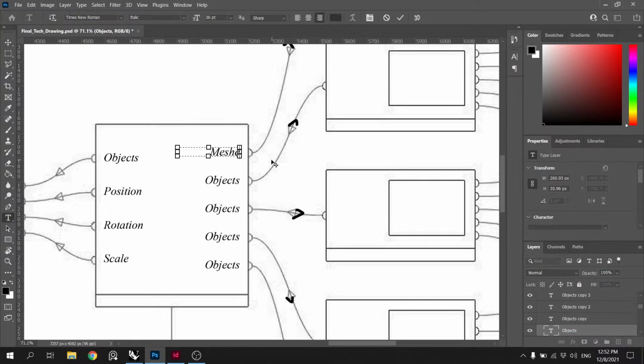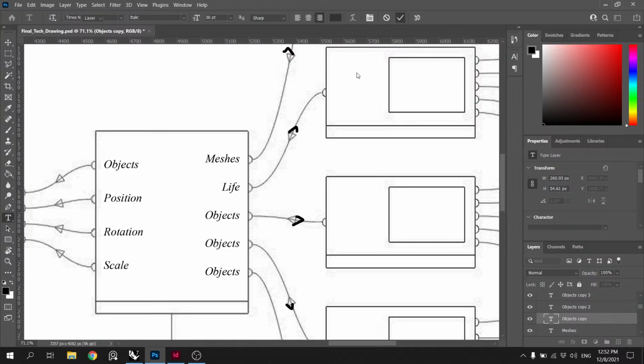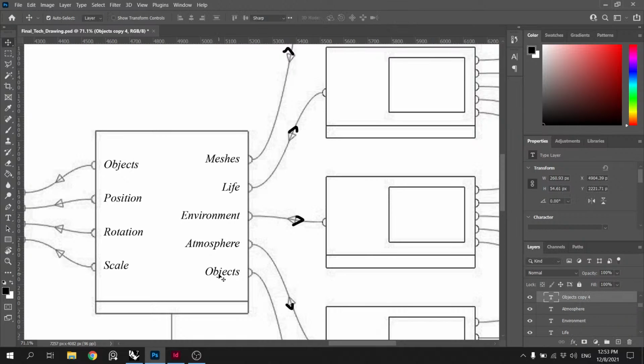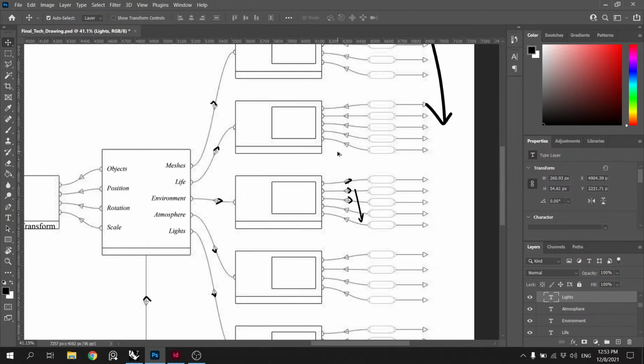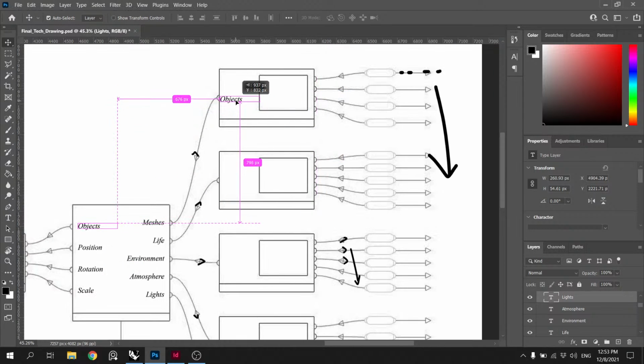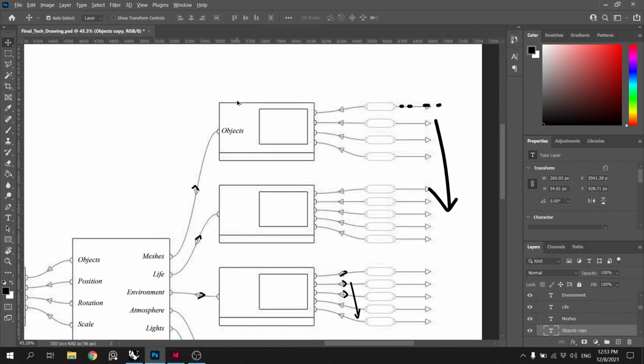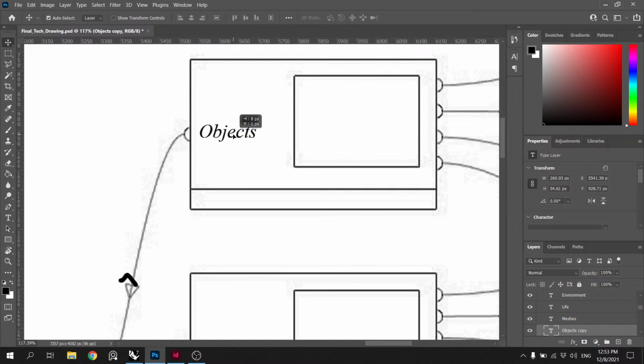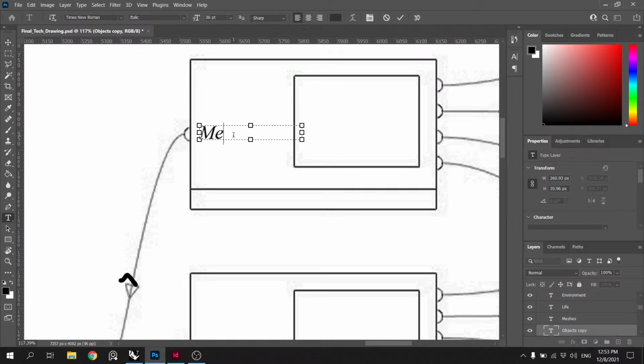So this one basically, you have your meshes, you have your life, you have your environment. I might have this in the wrong order at the moment. Atmosphere, lights, something like that. You just have something like this.